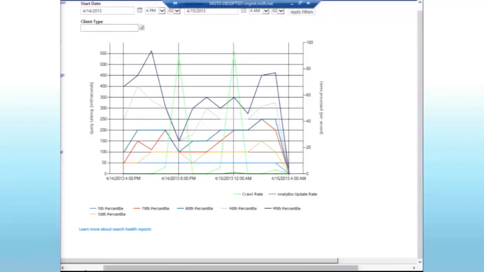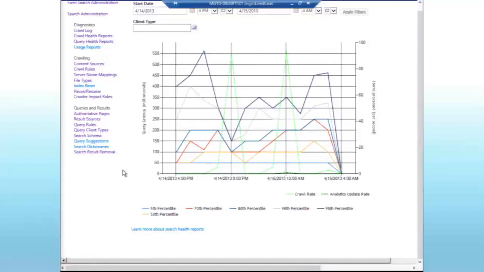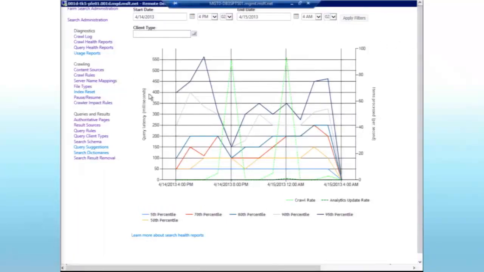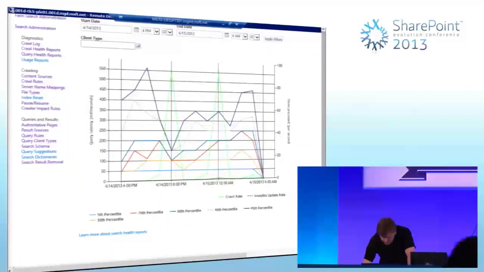So I recognize that I'm just about to run out of time now. We are on a lunchtime session, so if anyone wants to hang around, you can. Things like query suggestions and search dictionaries will all be covered, I think, by Agnes anyway. One other graph I want to show you in here, if I switch back to the slides, which I'm pretty much done with anyway,